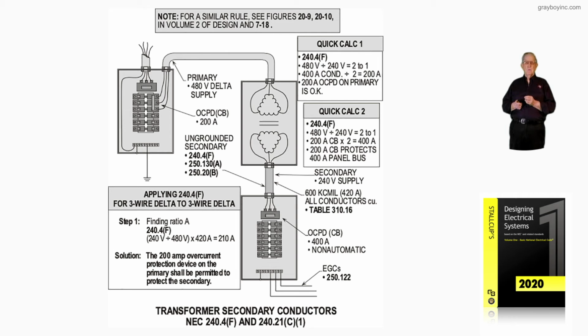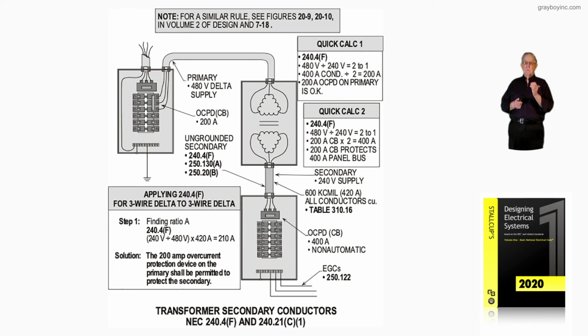You would have to have a 200 amp device or less on the primary side for the overcurrent device on the primary to be considered protecting the entire system without a length on the secondary side of